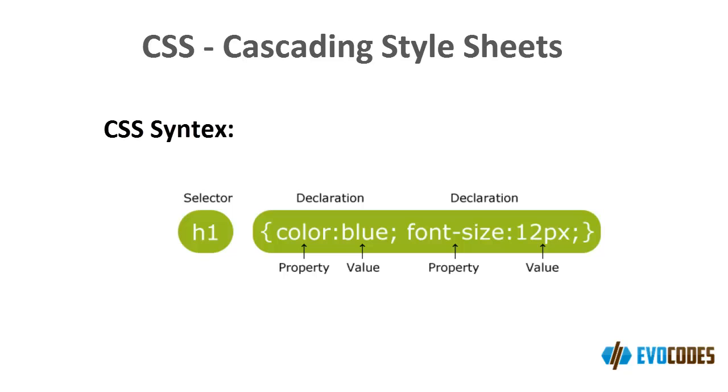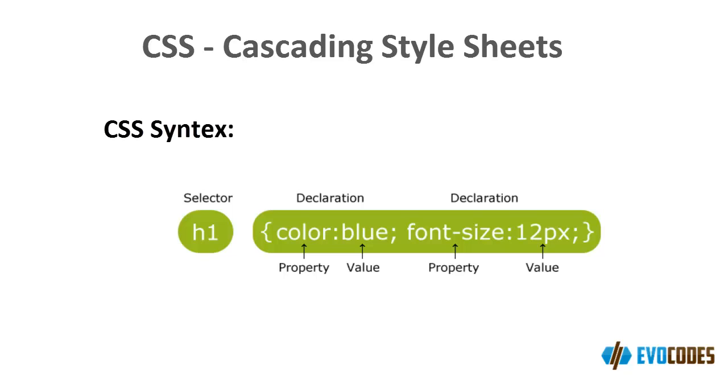We need to put the property, then the colon, and then we need to put the value. For completing the declaration, we need to make use of a semicolon, as otherwise the declaration won't get complete. After this, we need to close the curly bracket, as then only we will be able to define the class. I shall let you know about the class later on.